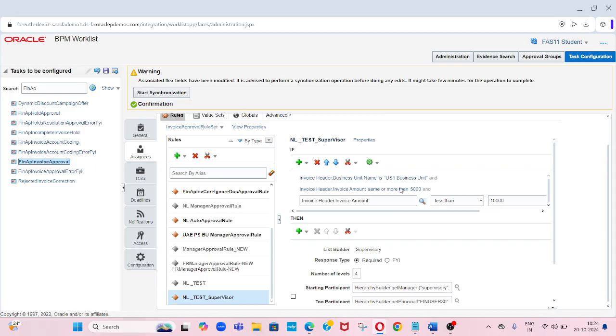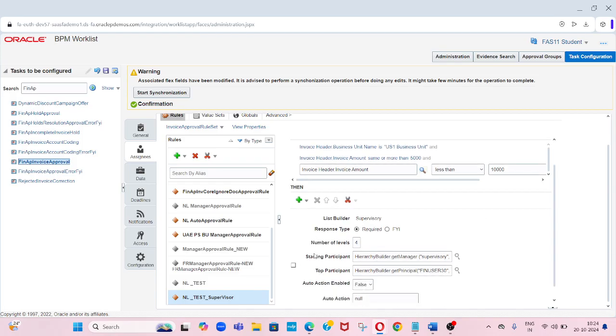Then business unit name, if the business unit name is one business unit, then this approval has to be taken care. List builder is the supervisory, and then response type is required, number of